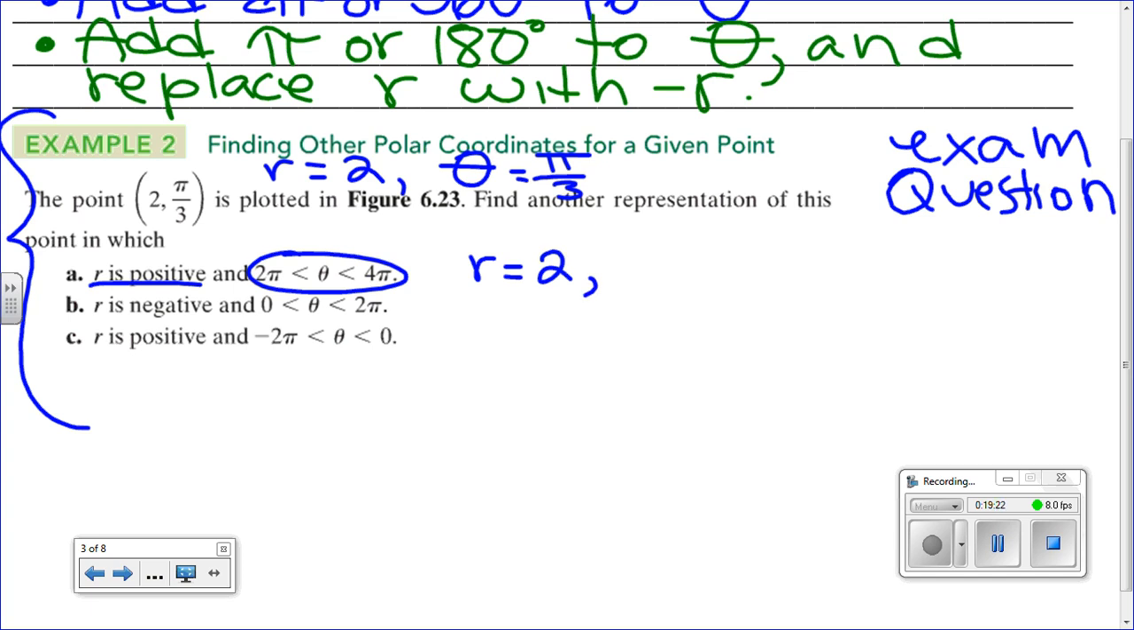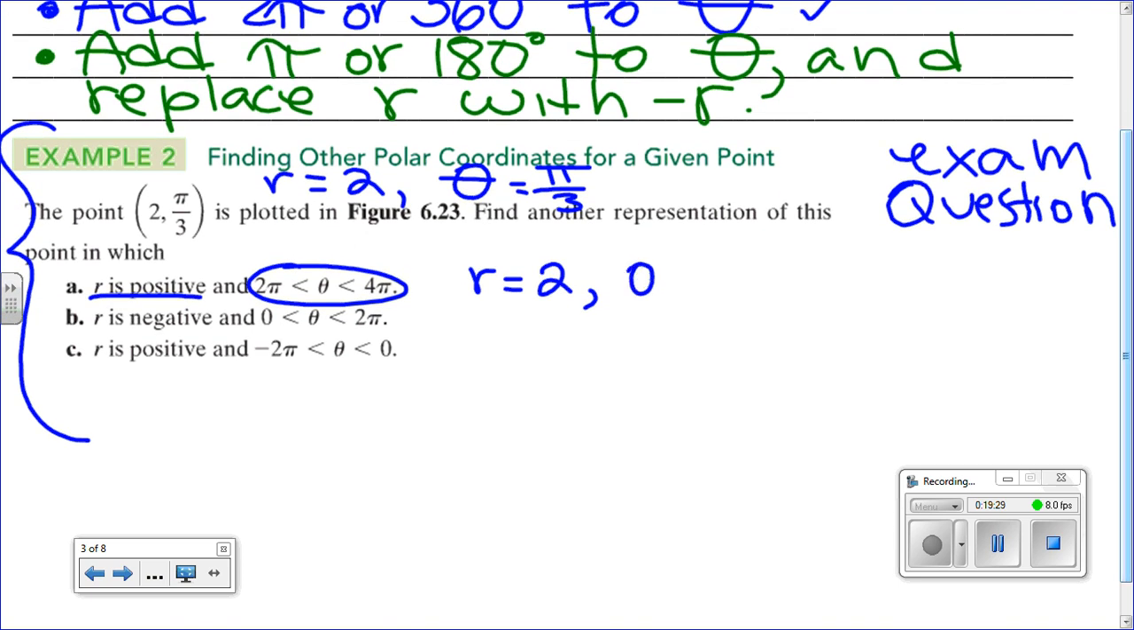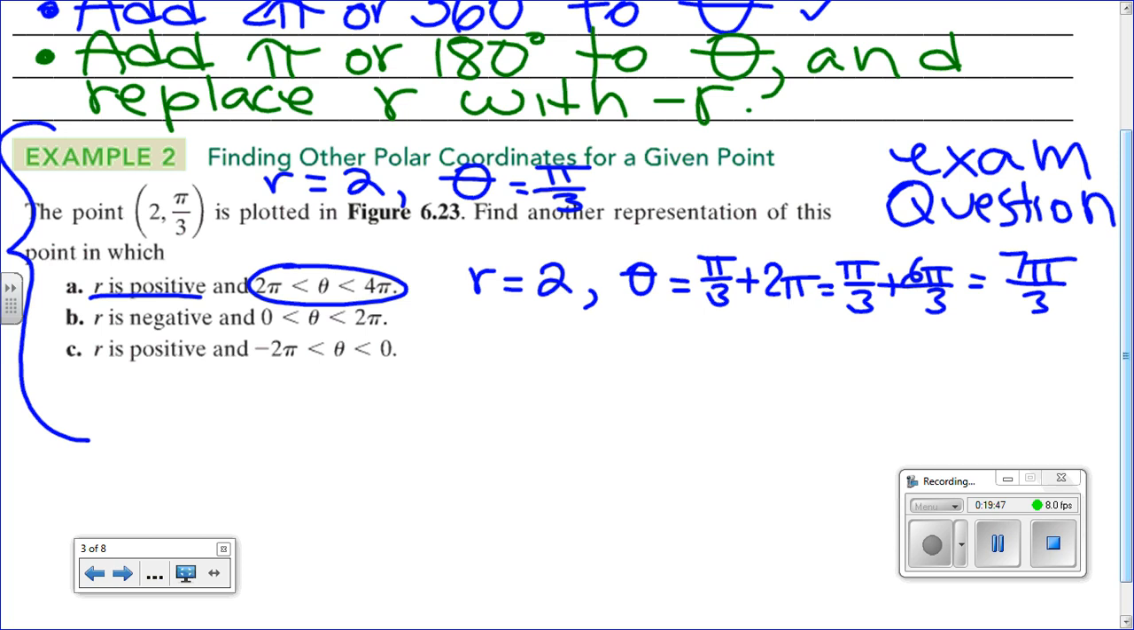So we're going to follow the first rule or steps. So the angle theta, and please write all this. We all know you don't have photographic memory. Theta will be pi over 3 plus 2 pi, or pi over 3 plus 6 pi over 3, and that is equivalent to or equal to 7 pi over 3. So for that point, and you're going to graph it,